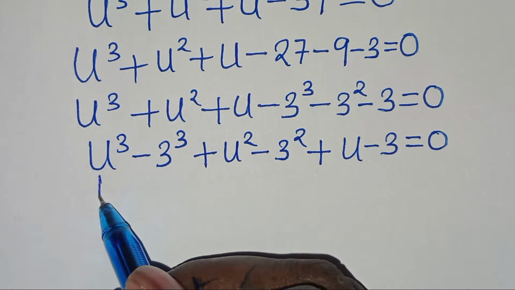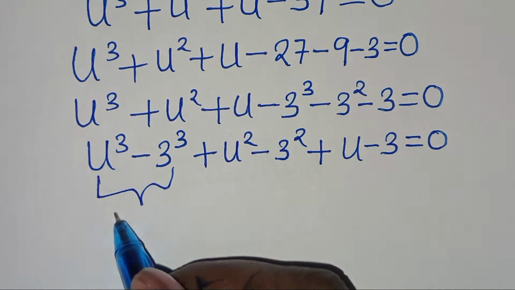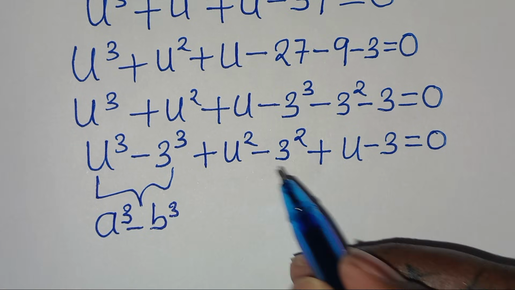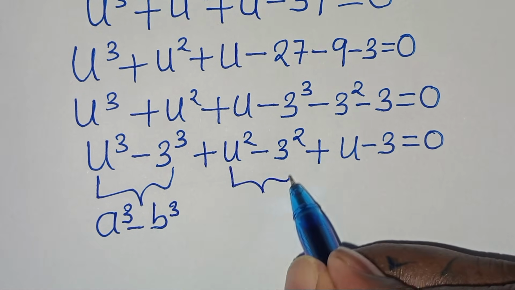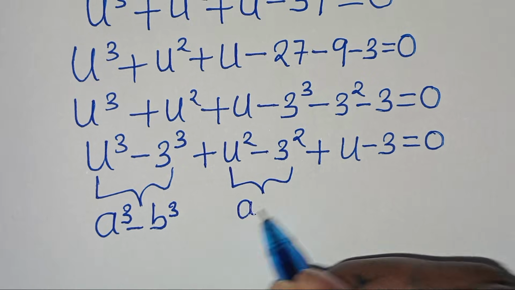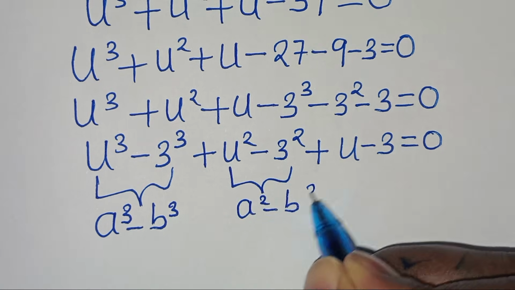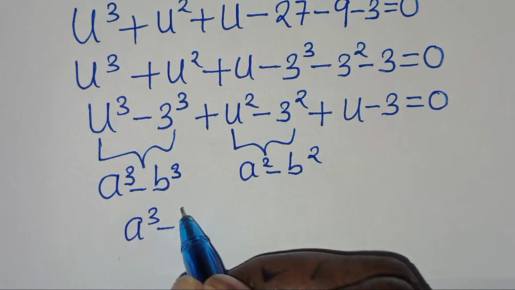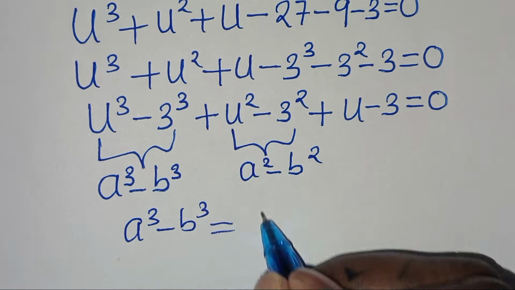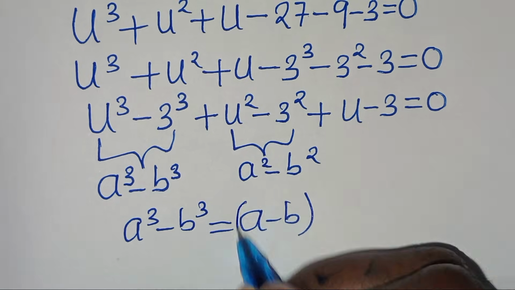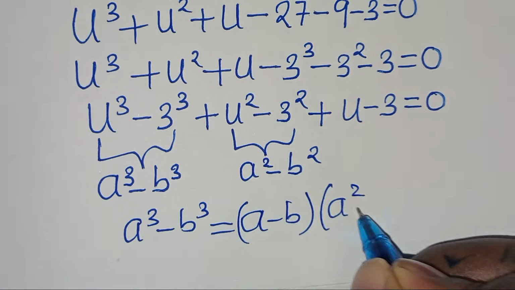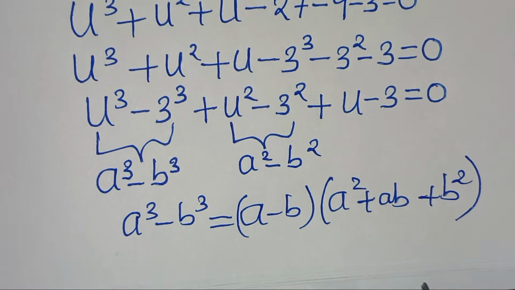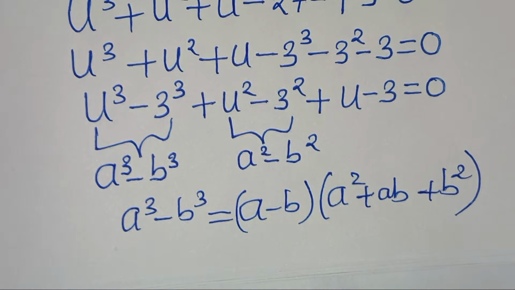So we have that this part here, this is the difference of two cubes expressed as a to the power of 3 minus b to the power of 3. And we have that the second part here, this is the difference of two perfect squares expressed as a squared minus b squared. So a to the power of 3 minus b to the power of 3, this can be expressed as a minus b, we have a squared plus a times b, then plus b to the power of 2. Applying this identity,